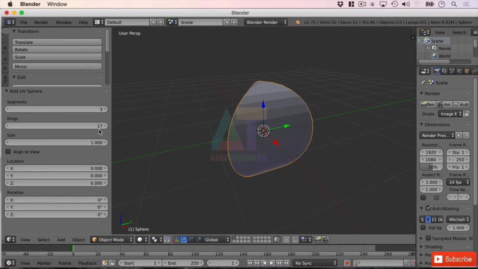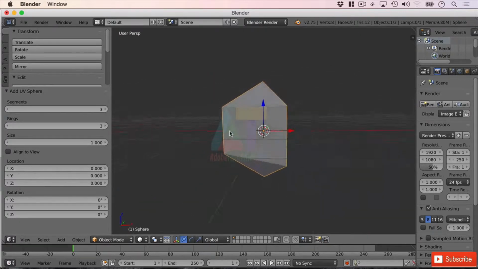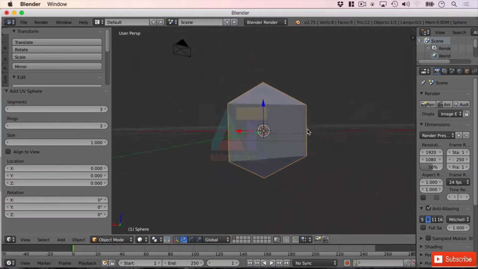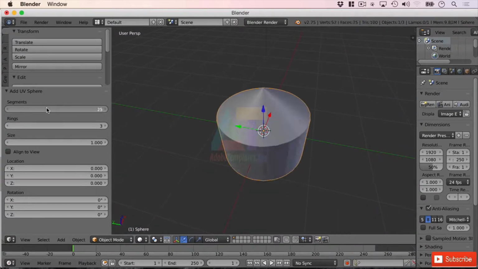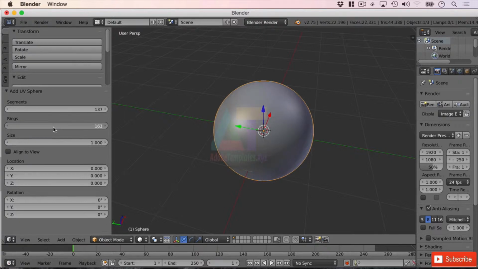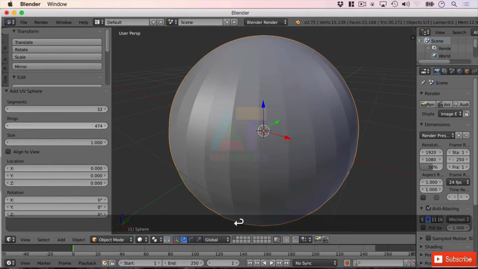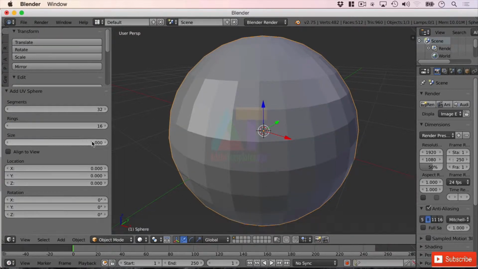So if we boil this down to its very basics, it can only have a minimum of 3 segments and 3 rings, and we can see that's what it looks like at its simplest form. So some sort of diamond or something along those lines. And as we increase the segments, it can get very, very smooth and detailed. But you end up with a stonking great bit of geometry there. That's 64,000 faces, 130,000 triangles. So that's a pretty high def sphere. Usually you would not be modelling anywhere near that. So we'll just set that back to where it was before at 32 and 16,